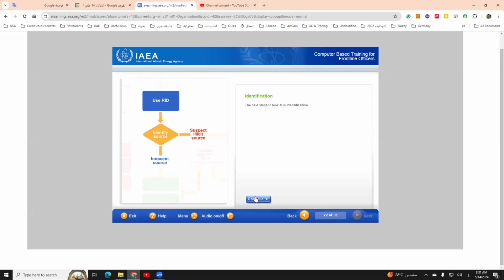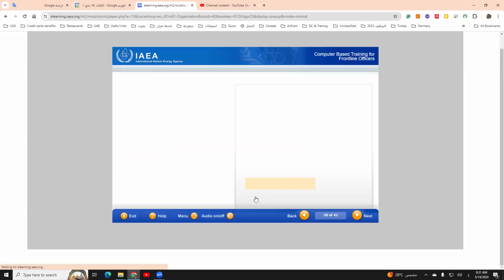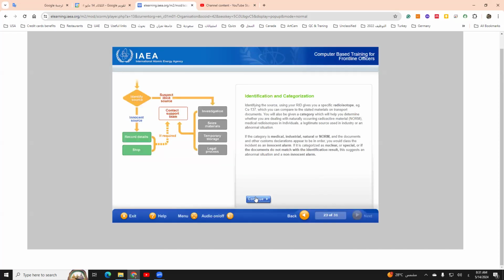Identification, the next stage to look at, is identification and categorization. Identifying the source using RIID gives you specific radioisotopes, for example cesium-137, which you can compare to the stated material on the transport document. You will also be given a category which will help you determine whether you are dealing with naturally occurring radioactive material,